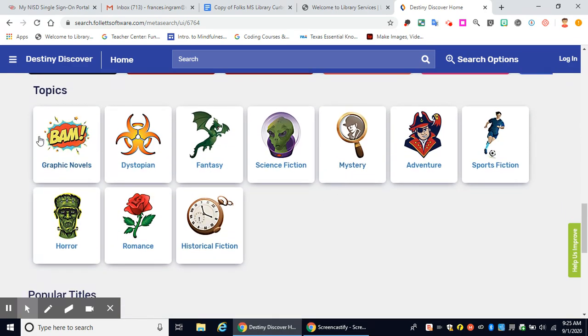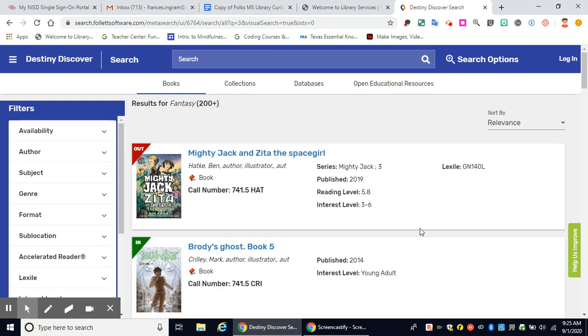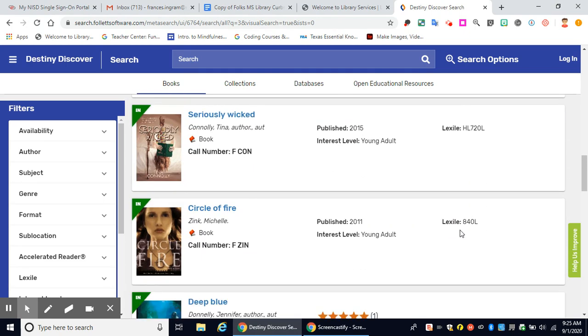The next thing I want to show you is that you can search in our catalog by genre. So if you're an incoming sixth grader, I know that you're probably used to your library being arranged by genres. In our Folks Middle School Library, it is not. So when you come in person, we'll talk about how to find a book once you're here. But this is a great way to search for a title that you want if you are particularly interested in one genre. So let's say, for example, that I love fantasy. And just click on that,